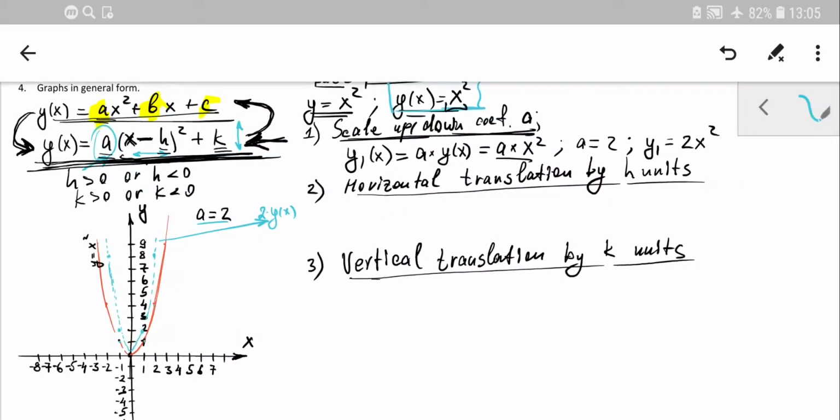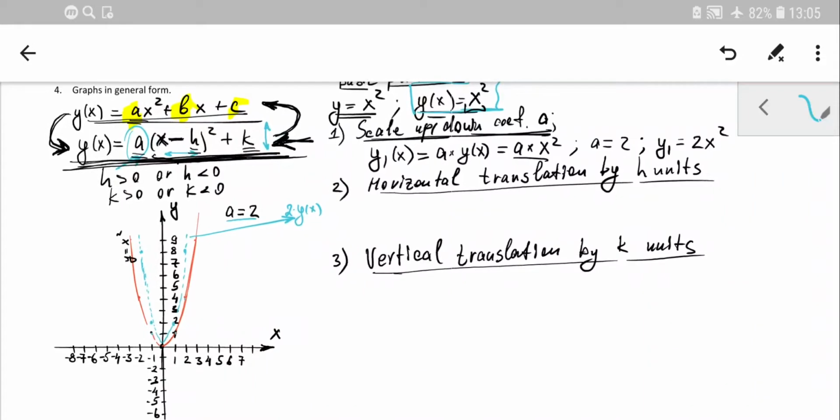Okay, so next we apply horizontal translation by h units. Okay, so h might be positive or negative, but generally on the previous step, y1 will simply take not x, but x minus h, okay? In this case, we'll simply get a times x minus h squared, okay? That's how we get it. Let's say we translated by 3 units